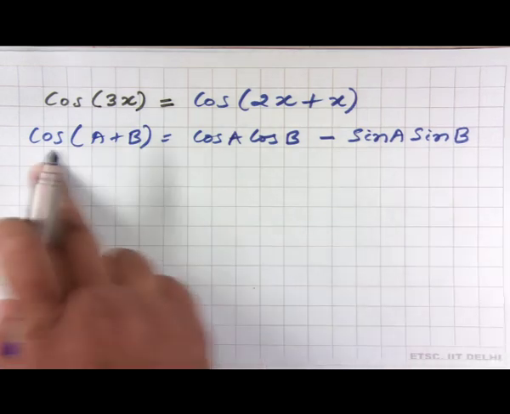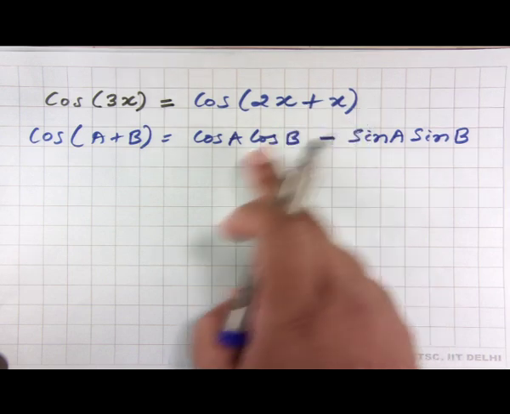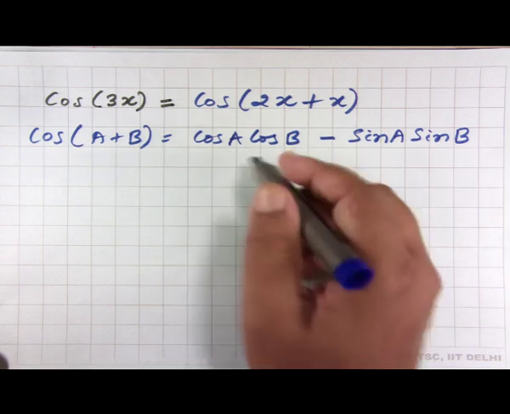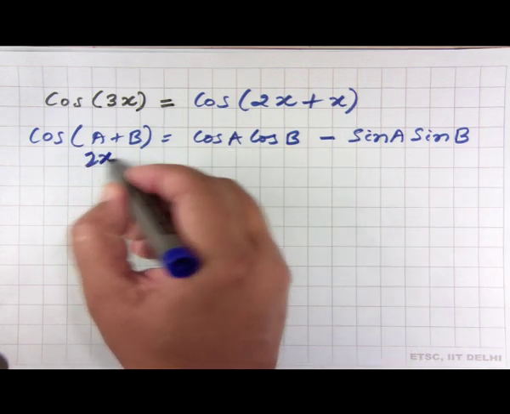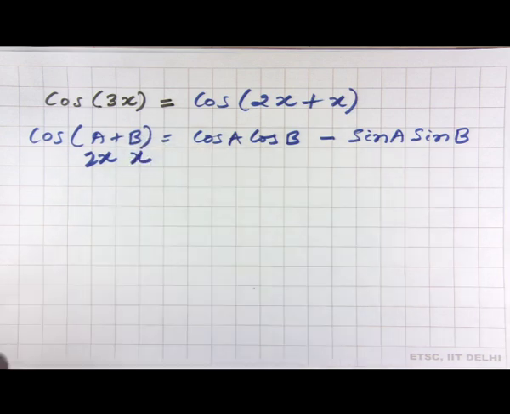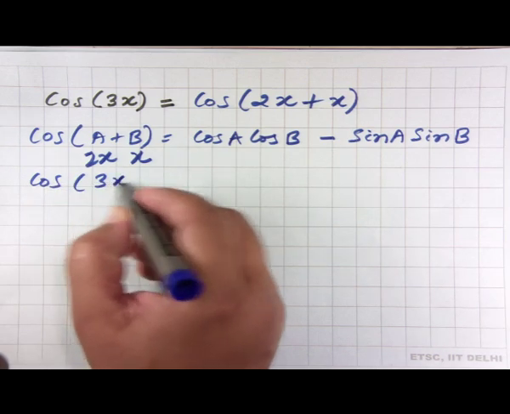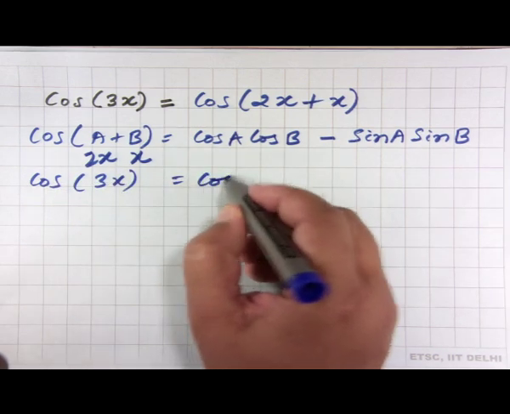Now, using this formula here with a equal to 2x and b equal to x, we will get cosine of 3x as cos 2x